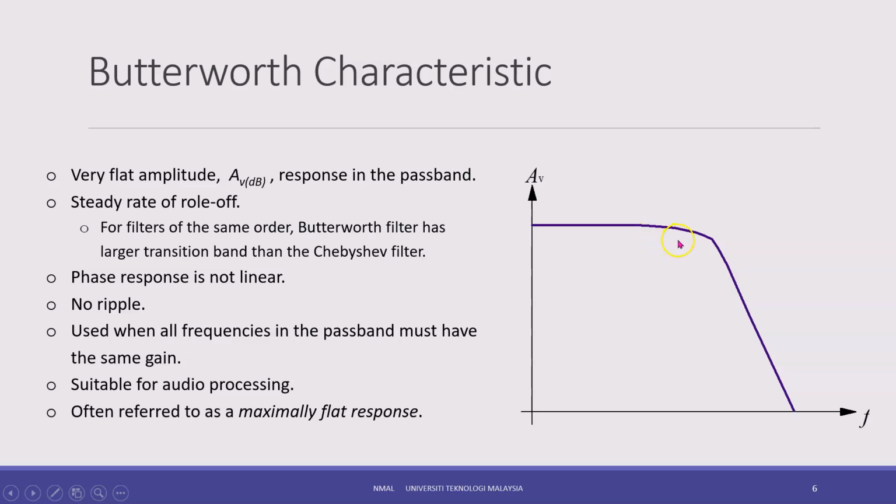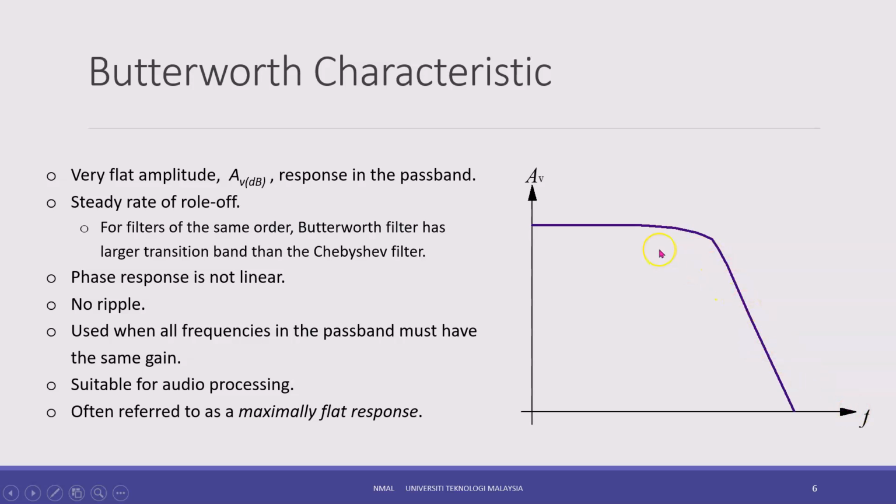And for the roll off, it has a steady rate of roll off. This is a steady rate. Okay, it goes quite slow. And for filters of the same order, the Butterworth filter has a larger transition band than the Chebyshev filter. When I say transition band, it is actually the range between the pass band and the stop band. So within the same order, it means that the Butterworth filter has a larger transition band, or the rate of the